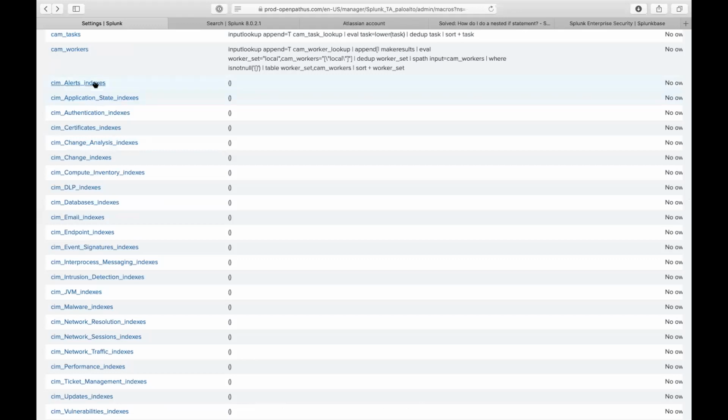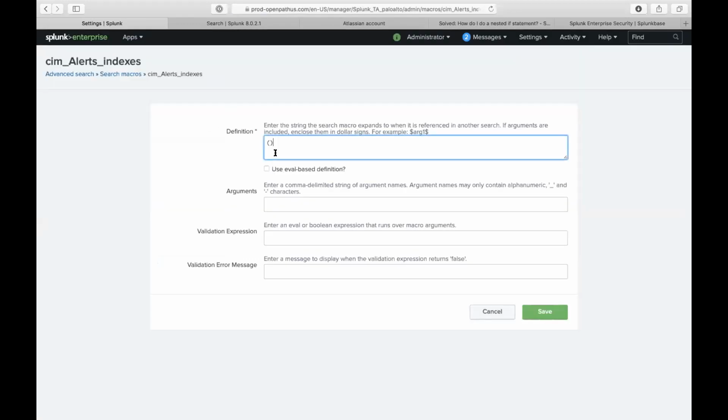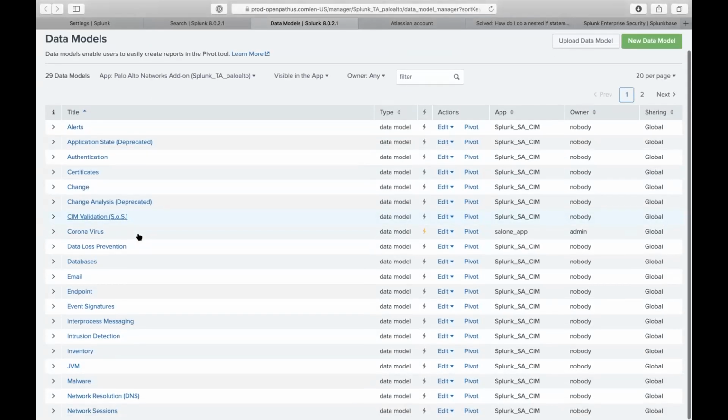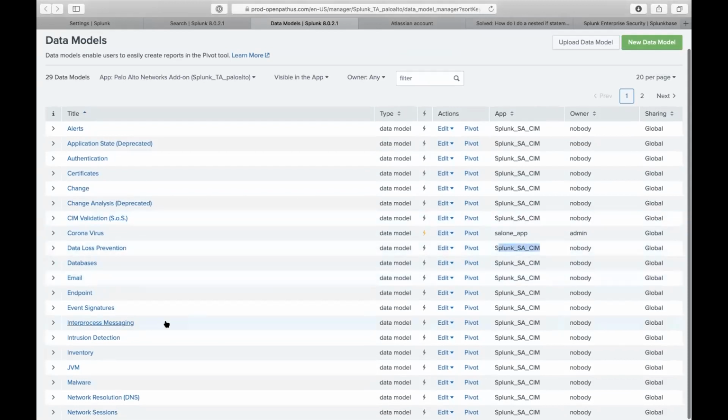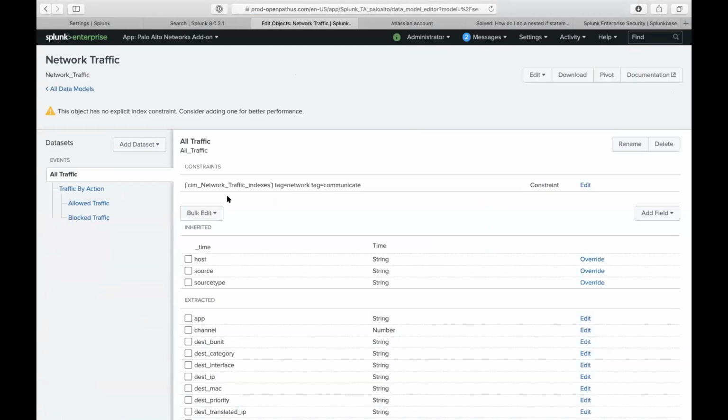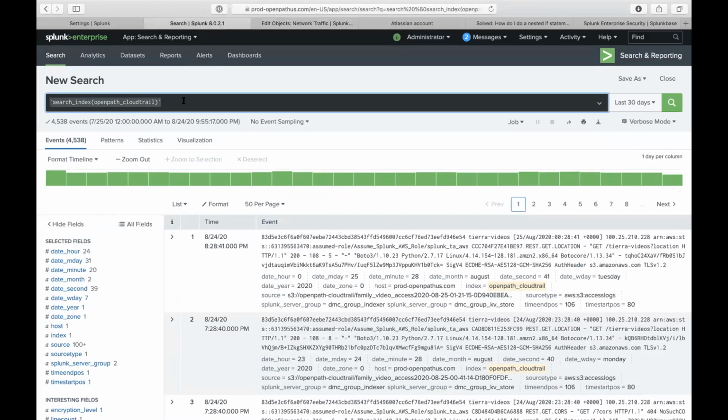In order to fine tune your macros, if you go to Settings and click Data Models, you'll notice that a lot of these data models come with SA-SIM. For instance, if we look at the Network Traffic data model, this one by default has the sim network traffic indexes macro. So if we were to call this macro, if we run this search over here,